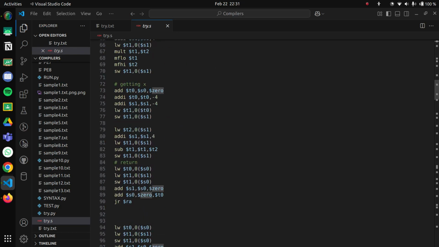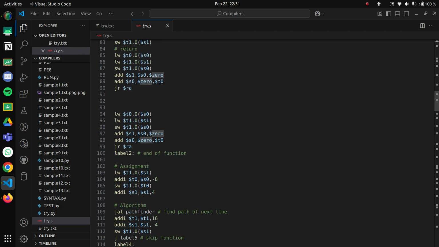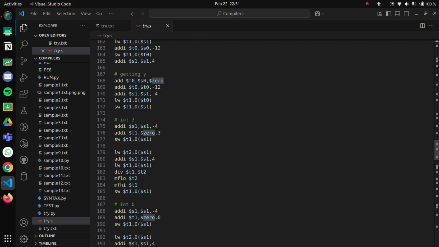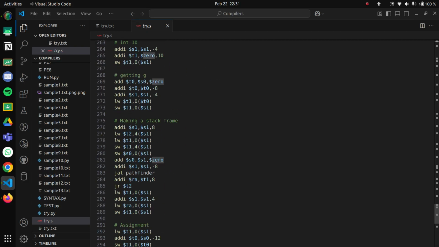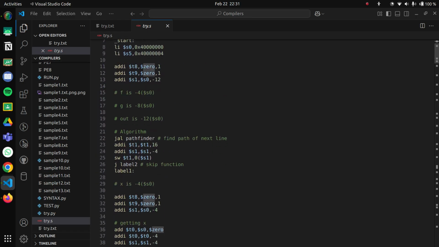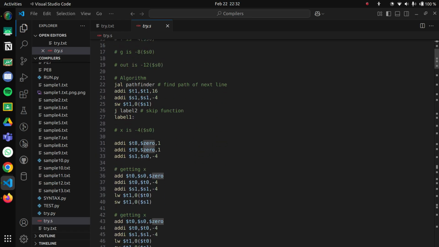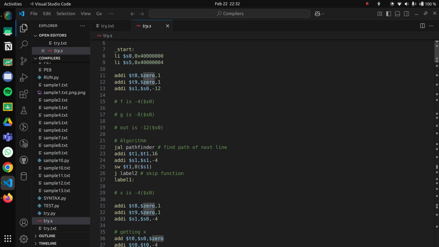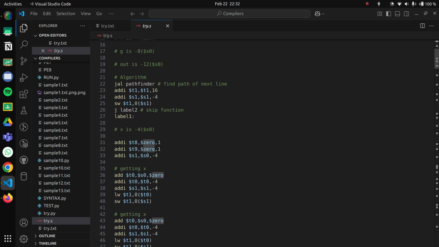Alright, let's get to the code. So this is just the output, the assembly output that we have, and it's ugly, it's really bad. But one thing you can notice is that it's basically made up of these blocks which do things. For example, a lot of things beneath this are part of what's called an algorithm block. So basically it defines an algorithm and then puts that as the topmost level on our stack. So a stack is basically something I'm maintaining on my